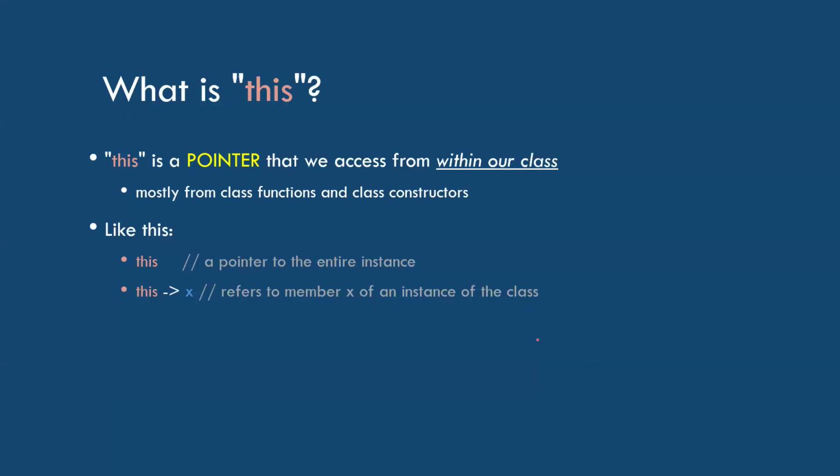So this arrow X from inside is referring to the data member X that's part of this class, okay? If I dereference it, remember the star. Star is like, if I'm not declaring a variable, it's like math again. It's like, hey, do something, follow that pointer and give me the whole box of groceries. That's what the star does to the this. It's like, hey, I want that. I want all of it. And then I'll do something with that whole box.